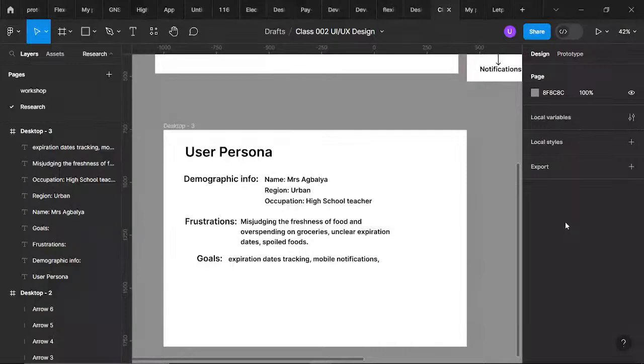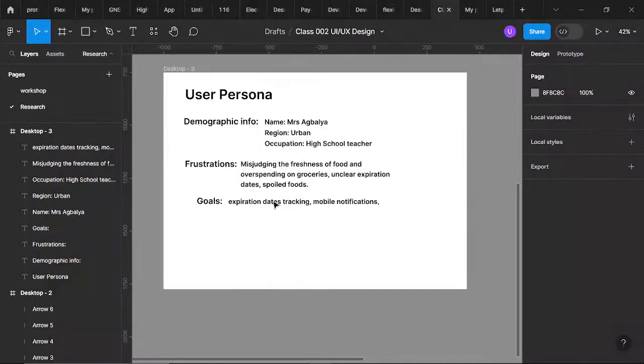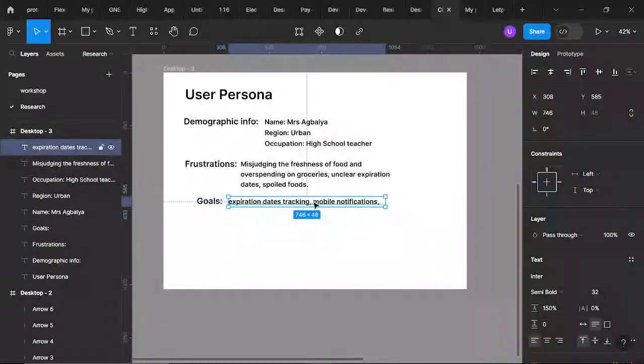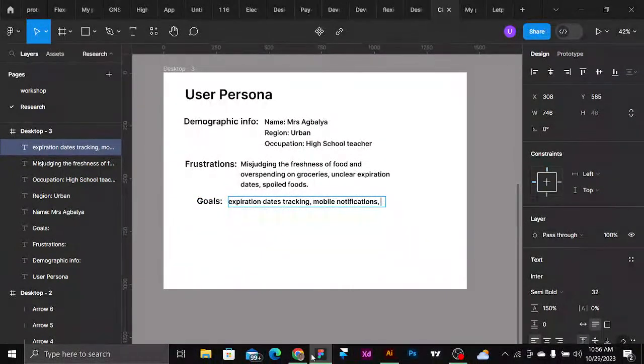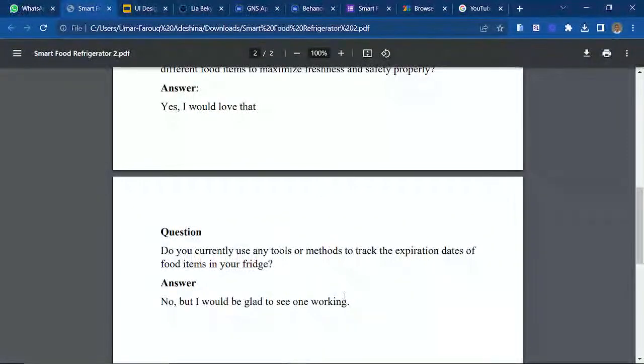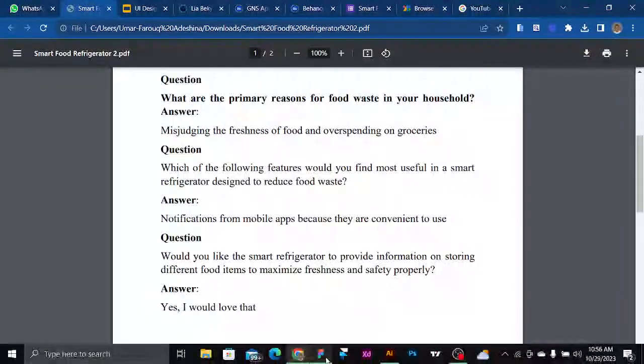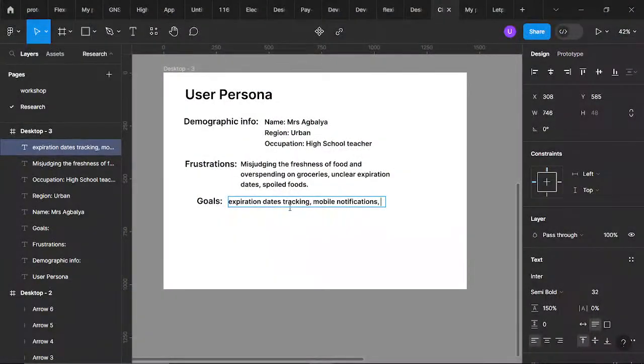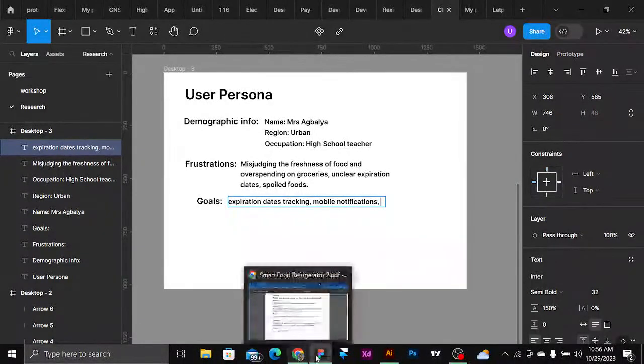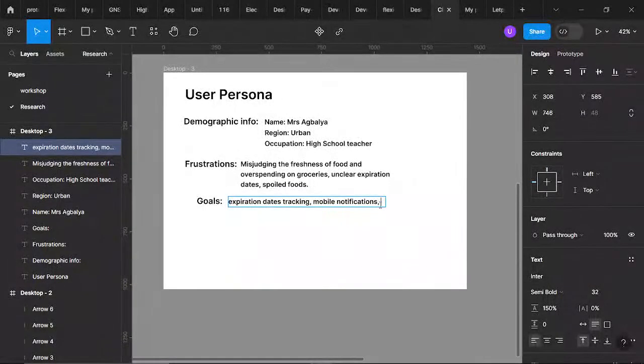So, I was talking about the goals of the user. We highlighted about three goals for this particular user, which are the expiration date tracking, mobile notifications, and information on food safety, right?